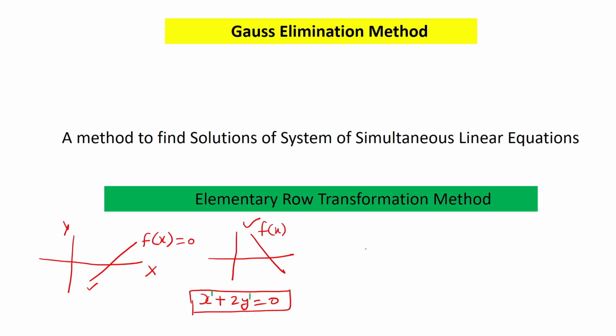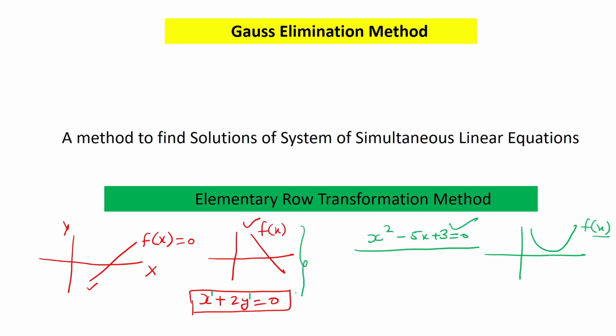The next question can be, what are non-linear equations? Non-linear equations are those equations in which the power of the variables is greater than 1, that is, it can be 2, 3 or so on. For example, a quadratic equation. This equation is a non-linear equation because if we draw its graph, it will be something like a parabola, or you can say some curved line. So this f(x) is a non-linear equation. The Gauss elimination method is applied only to linear equations.